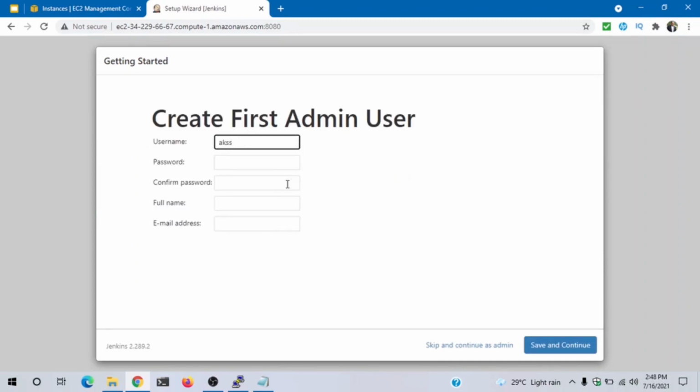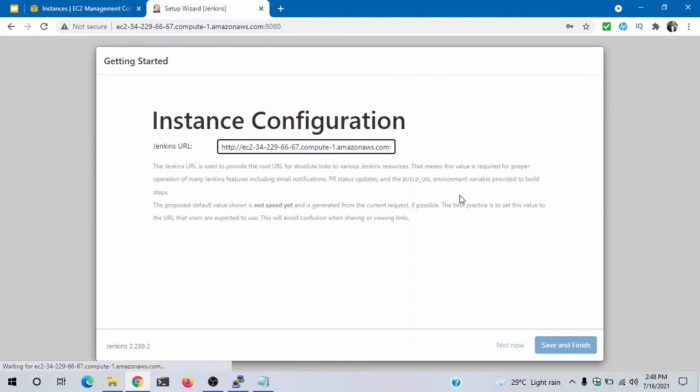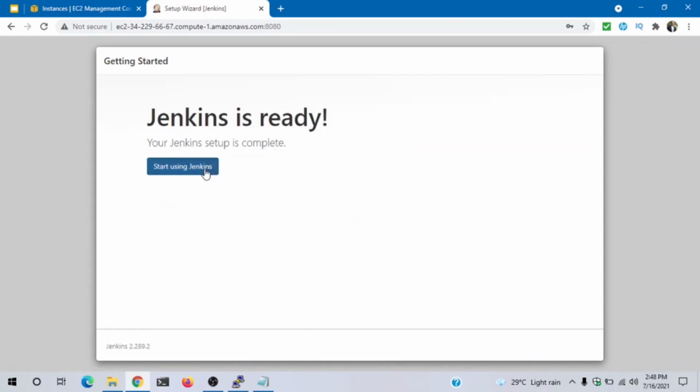So I will create my user, SHR, and give the password. Enter the full name, then my email address, and click on save and continue. I want to keep the Jenkins default URL as it is and click on start Jenkins.